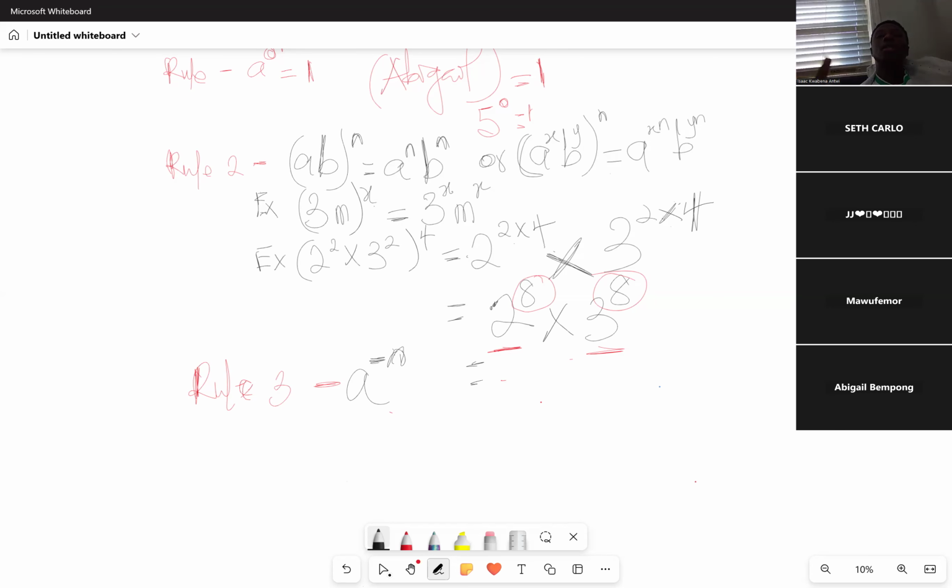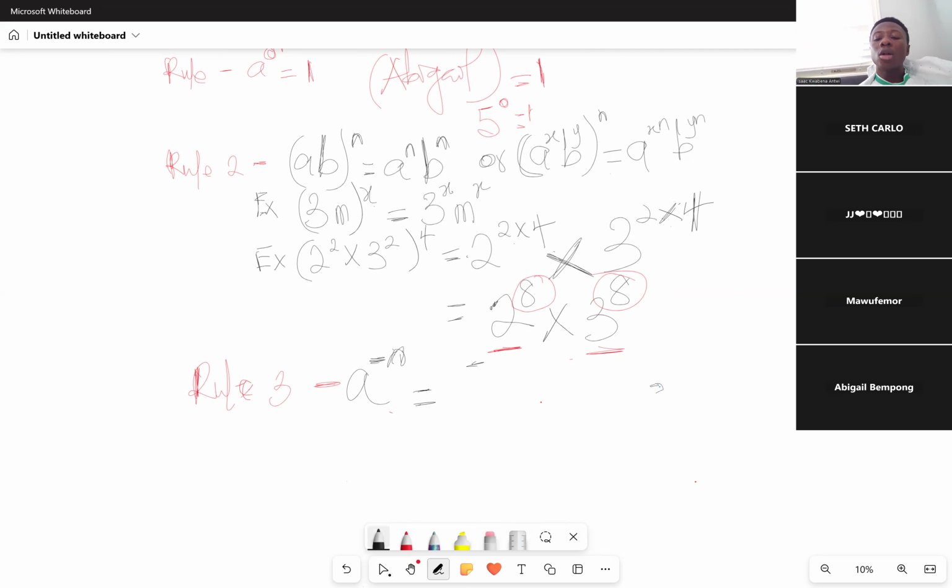So a exponent negative b, all of these fall in the category. Now, when you have a number raised to a negative index, it is equal to the reciprocal of that number. When I say reciprocal of that number,